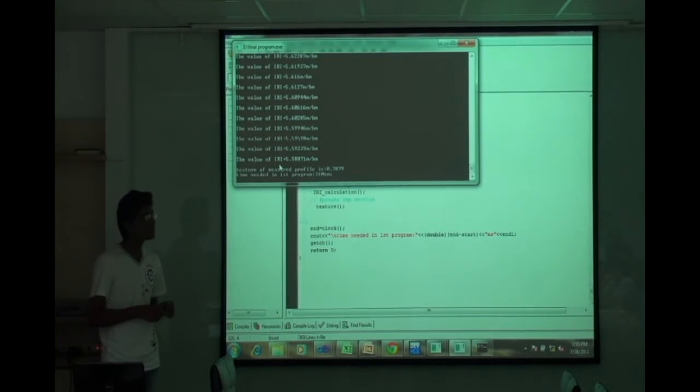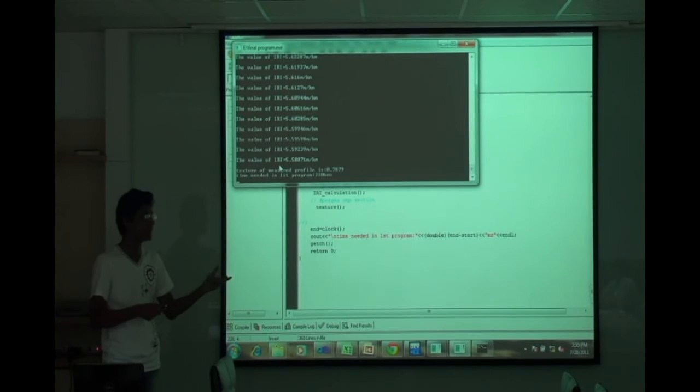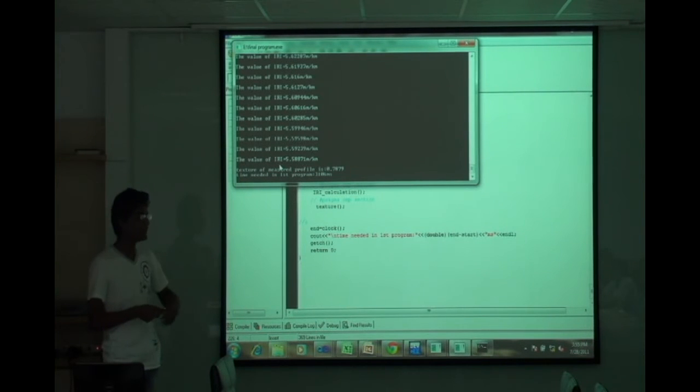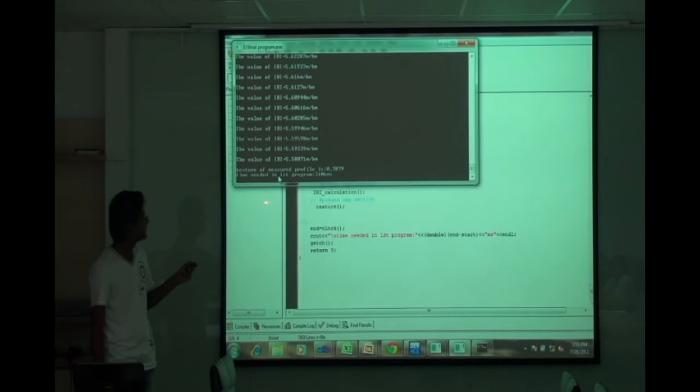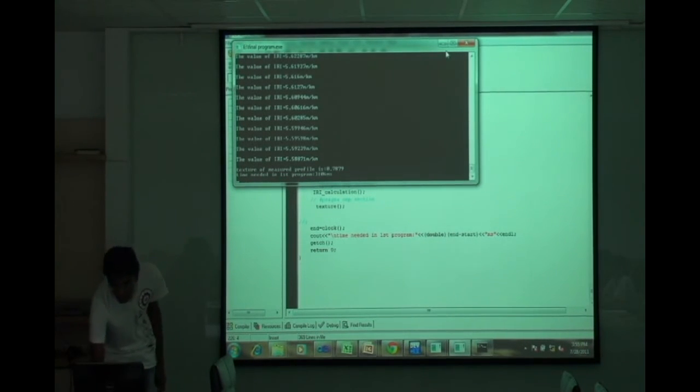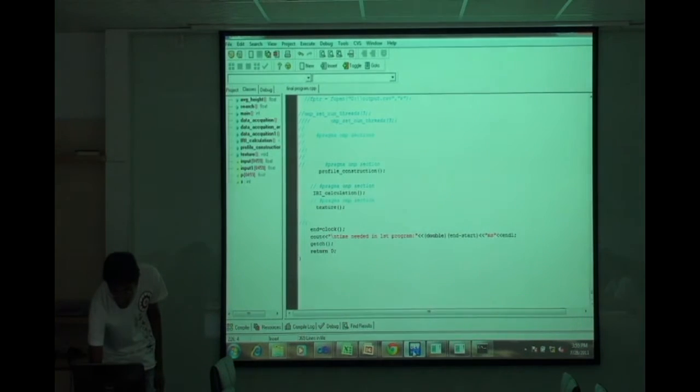What happens if you go on increasing the amount of data? Actually, the road will matter, because if the road is much rougher, then the value of RMS is more, so it will affect the value of IRI. If the road is much smoother, it will not change the value of IRI. Technology is finished, and so we can take more data that will increase the speed, and then we can introduce the concept of